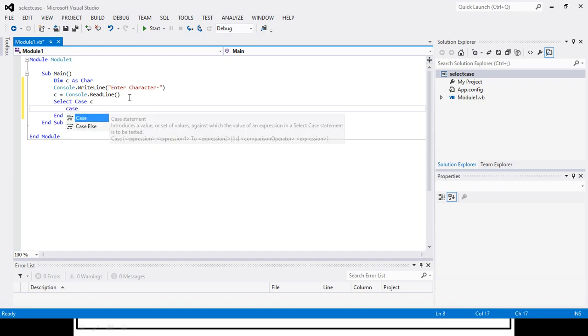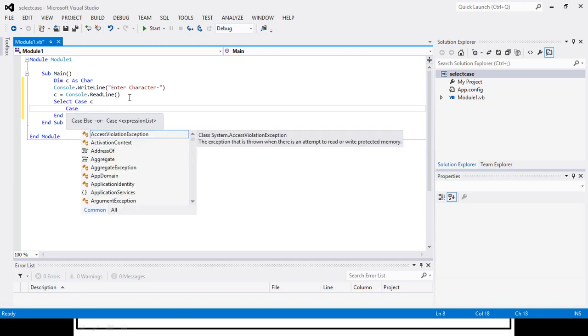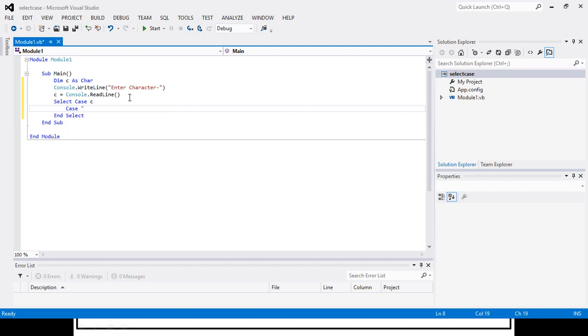So according to that we will have the first case. For that the values can be checked. Now A, E, I, O, U, these are the 5 vowels. The user can enter capital or small case, so we will check for all.